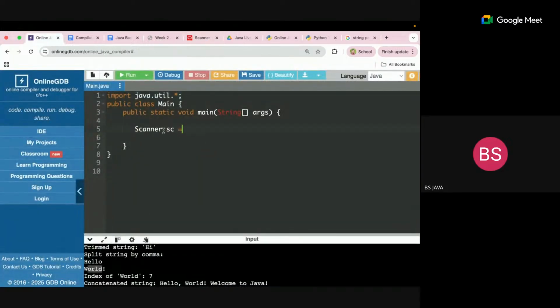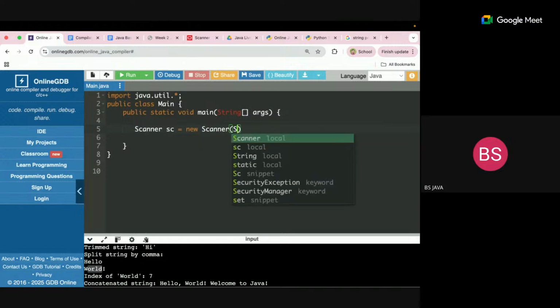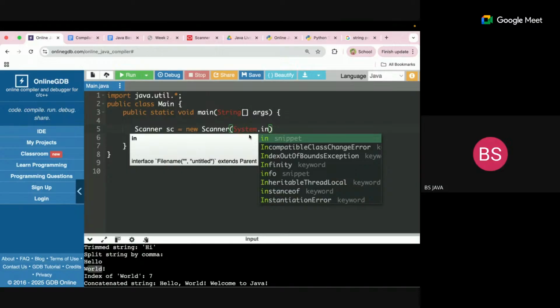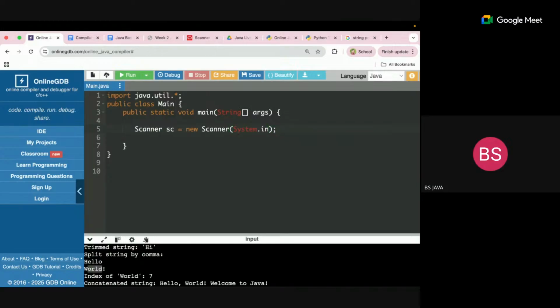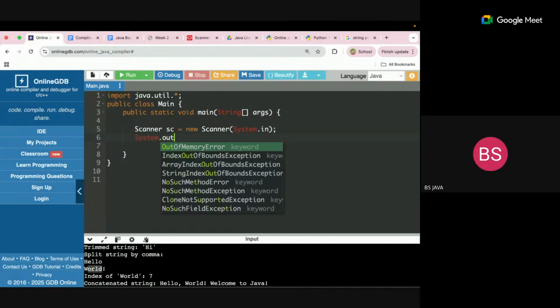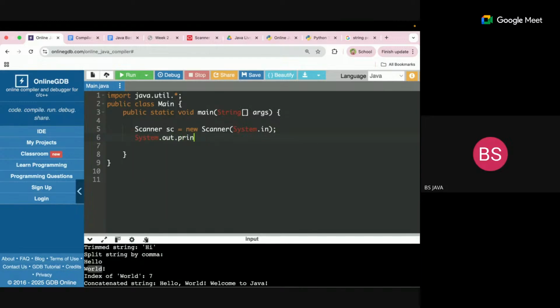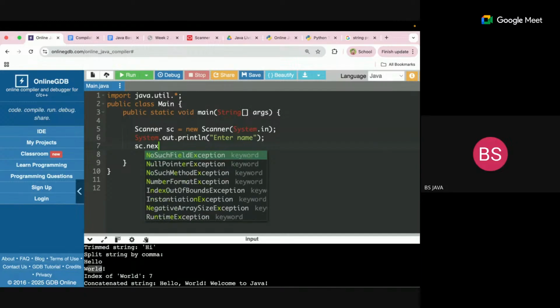So anyway, create an object of the Scanner class, this is the object variable name, new Scanner, and here you have to pass something like System.in, which is basically just like System.out to print something to the console. Here you have to use System.in to read input. Okay, and then I'll just take println, enter name, and next